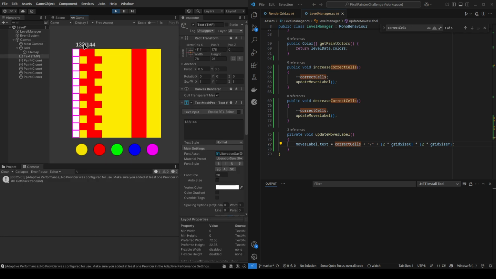It would probably be nicer to have two separate labels. I can have a label here, then keep a separator just for the slash, and then have the total moves. Of course, that is going to be ugly if you are using a dynamic field and you have ever less than 100, then you're going to have a lot of gaps. No, not that easy. But anyway,